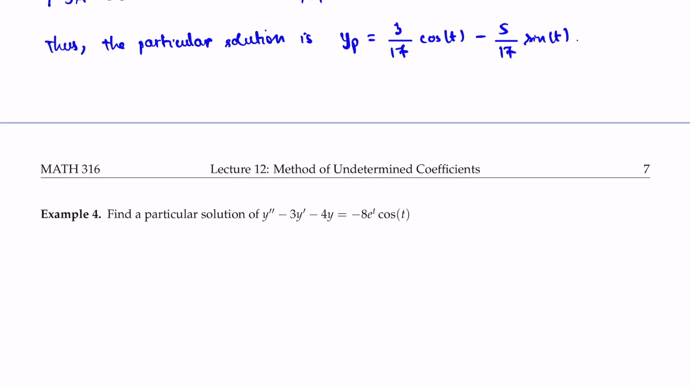In this example, you have the same left-hand side, right? So the left-hand side is still y double prime minus 3y prime minus 4y, but the forcing term is different in this case. That is negative a times e to the t times cosine of t. Very similar to the last two examples, the first thing you need to do is to make a guess on the particular solution, or give the trial solution based on the forcing term here. The forcing term is the product of an exponential function and a cosine function. Therefore, the trial solution is,